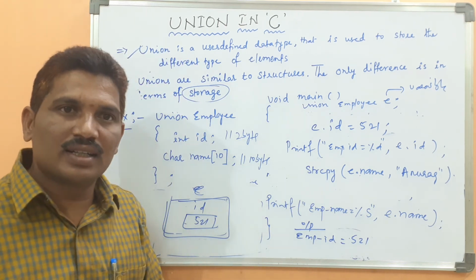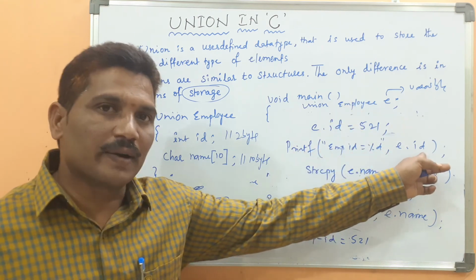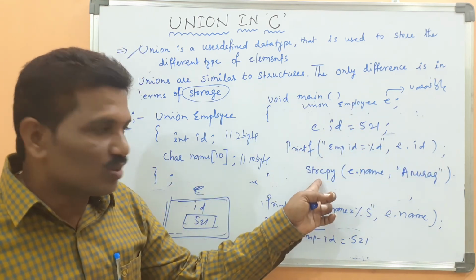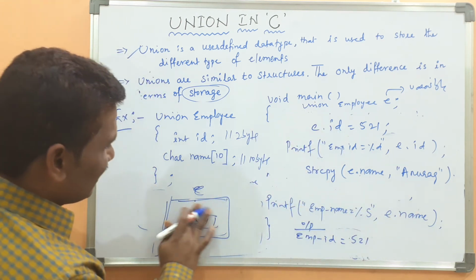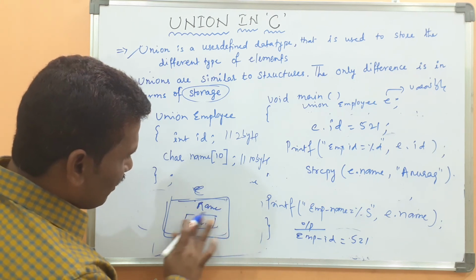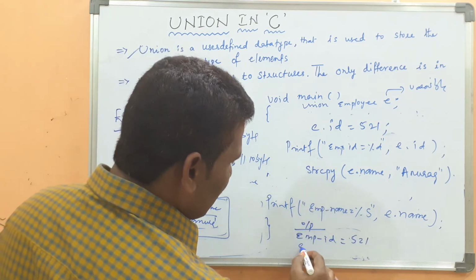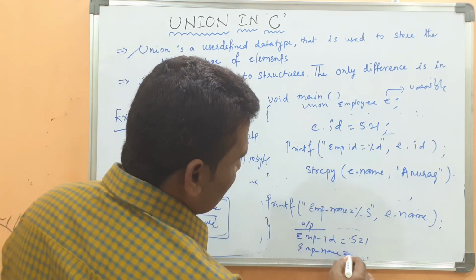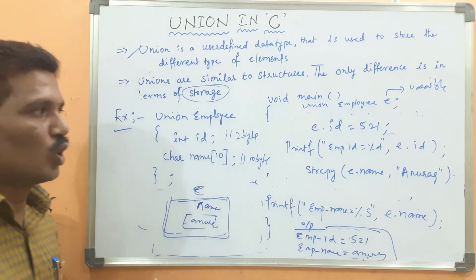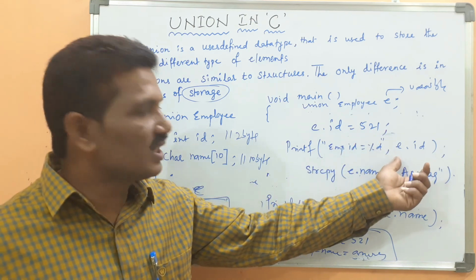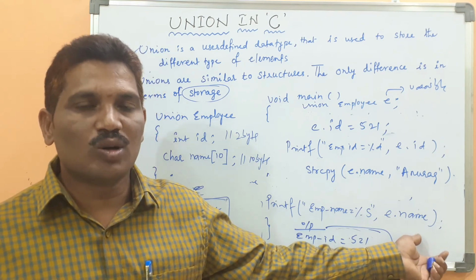At that time I did not enter the second data. Whatever data you entered in the memory has been displayed. Then when we come to the third statement, E dot name equal to Anurag, the old data is overridden. Then the employee name is Anurag. At this time we got two outputs. The first data entered, we immediately displayed it. After that we took the second data, and it was displayed on the output device.